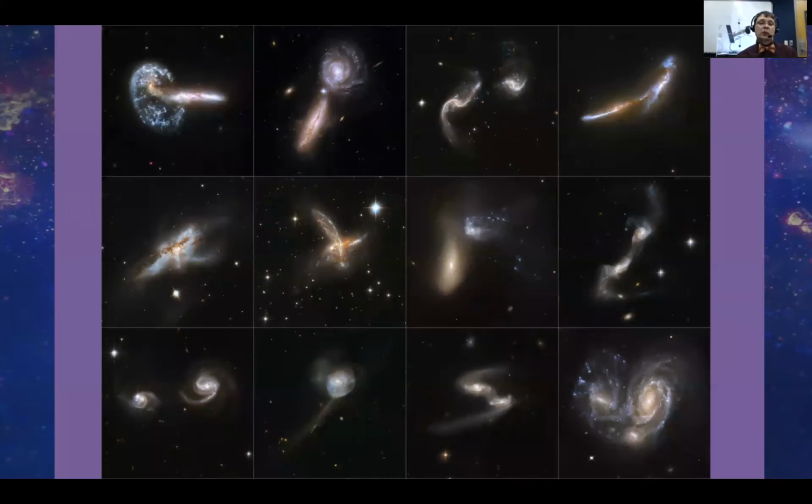Our own galaxy is going to be colliding with the Andromeda galaxy in the future. Not to worry, we have a couple billion years before we get to that. In fact, the sun might be around the end of its lifespan by the time that happens. But there is a visualization based on predictions for this, which you can access on Hubble site, or you can look at ViewSpace, which we've talked about before, to see some of that.